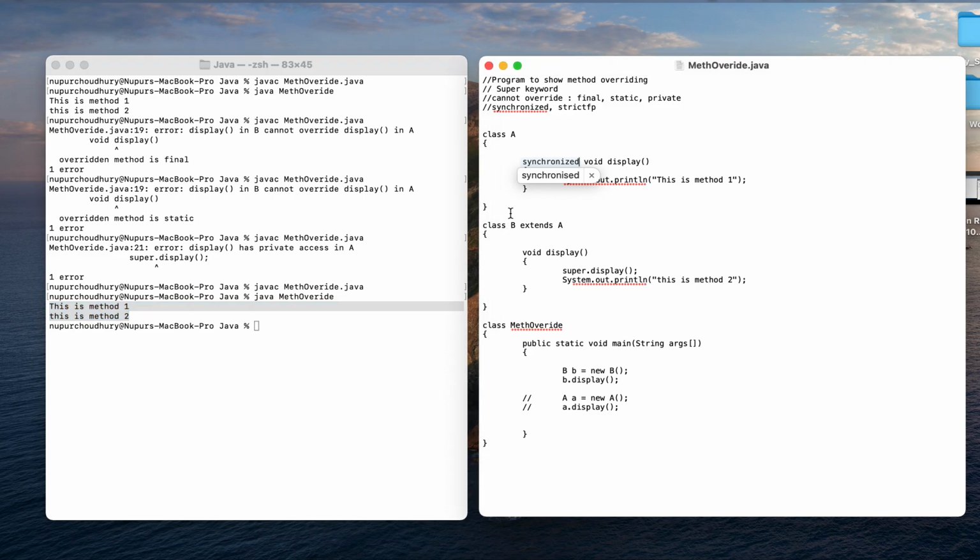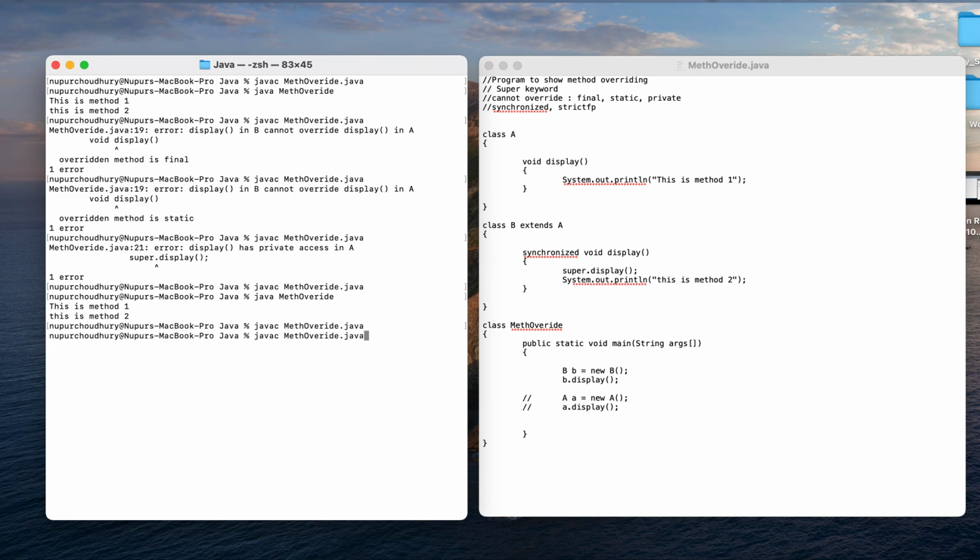Now synchronized, as already mentioned, has no impact and the method can be overridden easily. Now if I shift the position of synchronized to the subclass or the child class, which is basically overriding the parent class, let us see if that has any impact if I introduce that particular keyword into the child class.